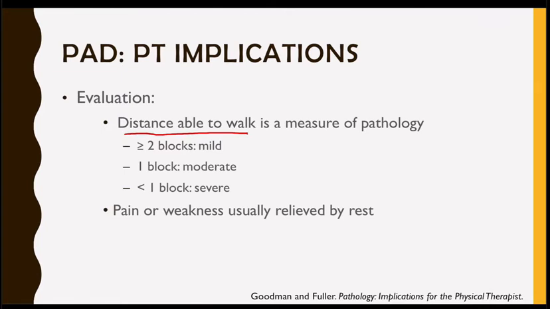Their ability to walk can be compromised in terms of weakness and tiredness. So that can be their only symptom, that they're just not delivering enough oxygen to supply for walking. But we're typically measuring the pain or when the new onset of weakness occurs. So if they can go 2 blocks or more, it is considered mild. 1 block is moderate. If it's less than a block before they're having pain or a new onset of severe weakness, tiredness,